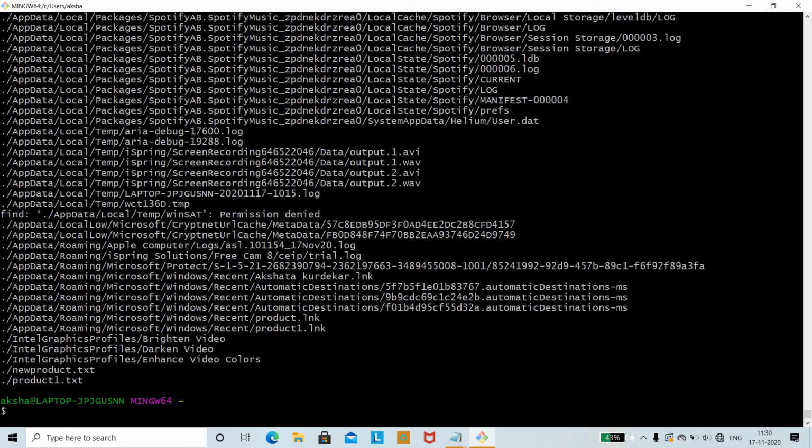With the help of the find command, you can search the entire drive, search for executable files, readable files, and you can also... The main thing about the find command is that you can apply patterns to it.